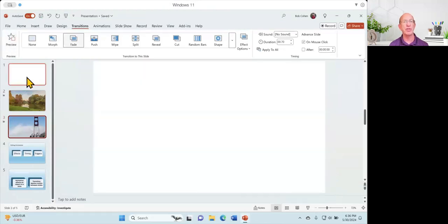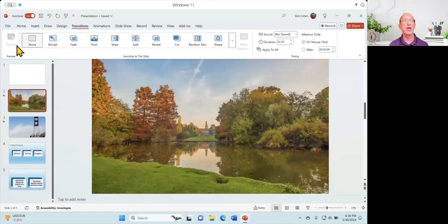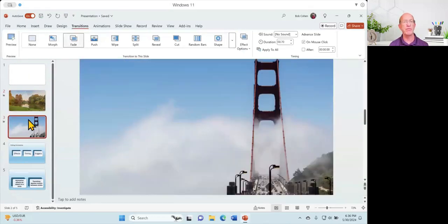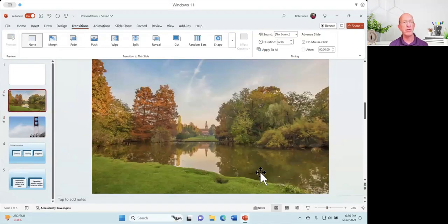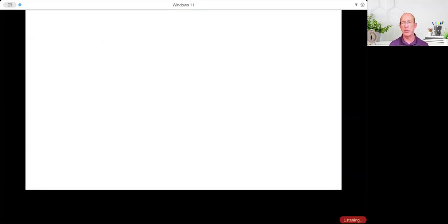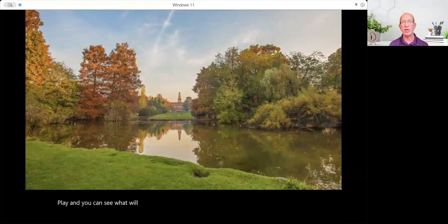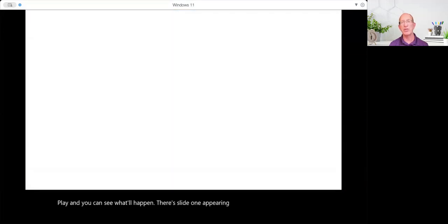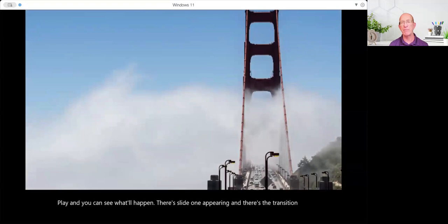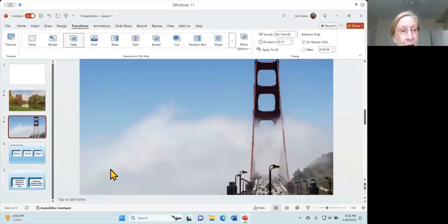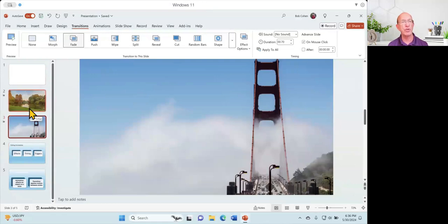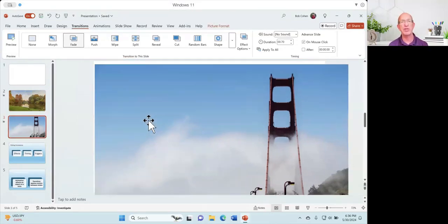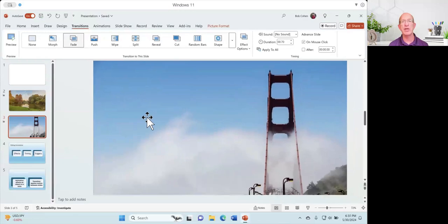If I want to preview what this looks like, I would go here and click on preview and then I would actually play the presentation. I'd go to slide number 2, start it from there and play, and you can see what'll happen. There's slide 1 appearing, and there's the transition to slide 2. So all by using your cursor and your arrows will help you move from one slide to another. Now, I actually have two animations on this, which isn't always the best thing because,